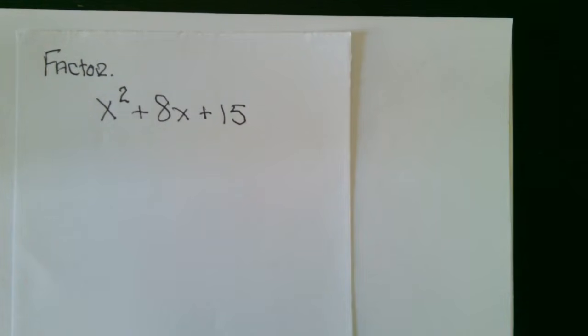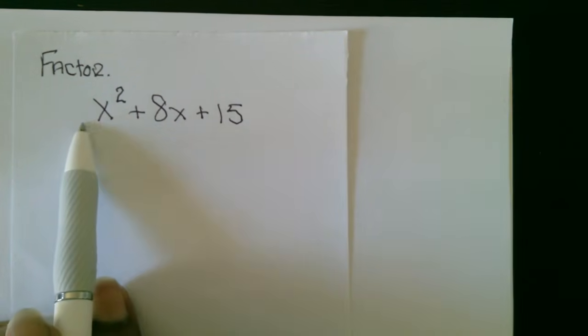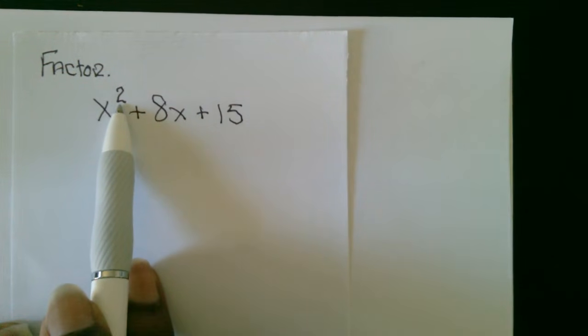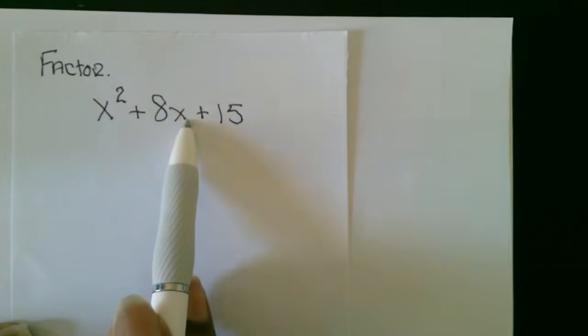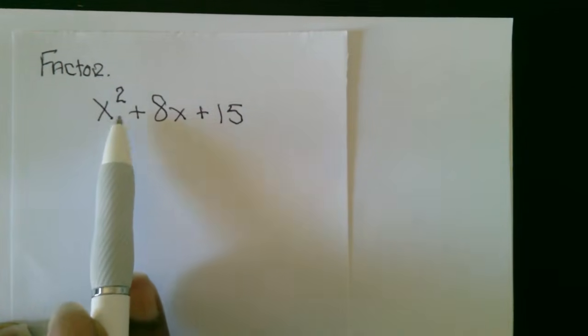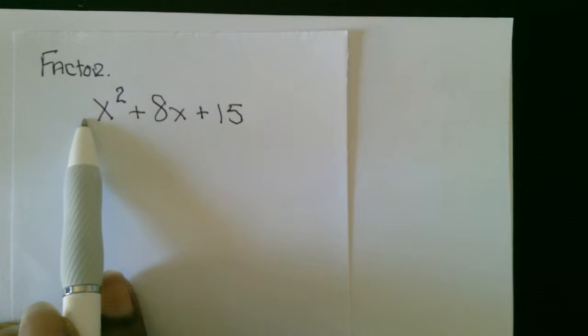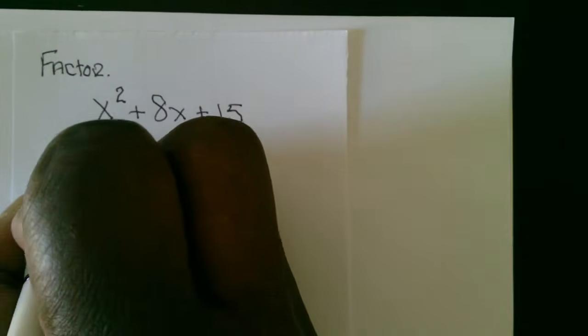When you factor, it's like doing the distributive property in reverse. Our leading coefficient is the number in front of the highest degree. A degree is also known as an exponent, so this is my highest exponent. What this has an exponent of 1, so the coefficient in front of the x is my leading coefficient. If my leading coefficient is 1,